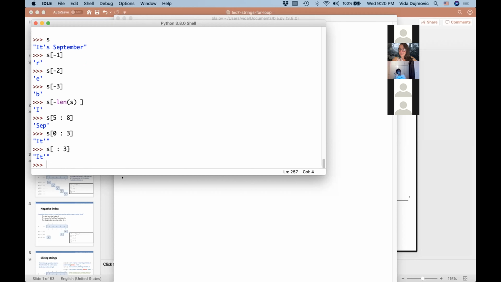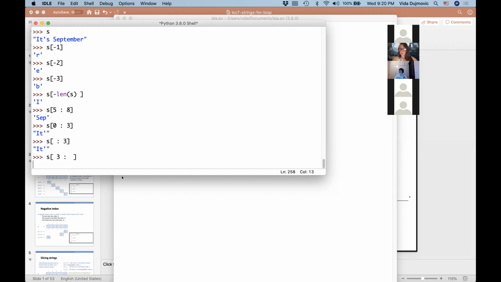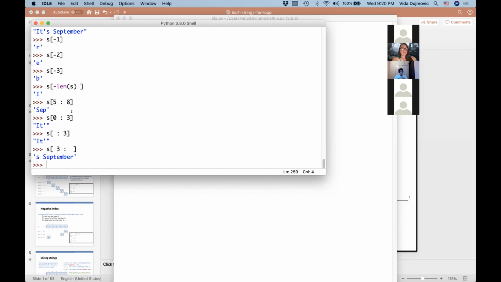If you omit the second number equally, let's say I do 3 and omit the second number, this is the same as saying start at position 3 and go to the end. And what's at position 3? Let's look at 0, 1, 2, 3.